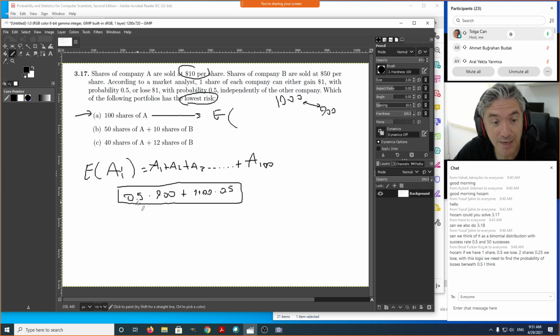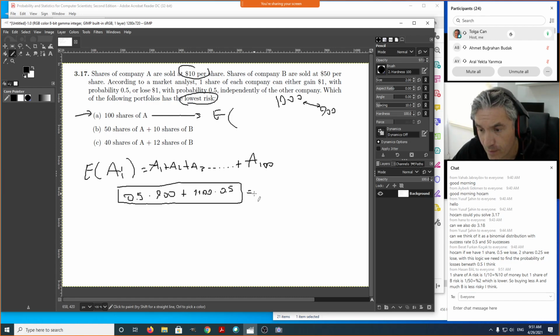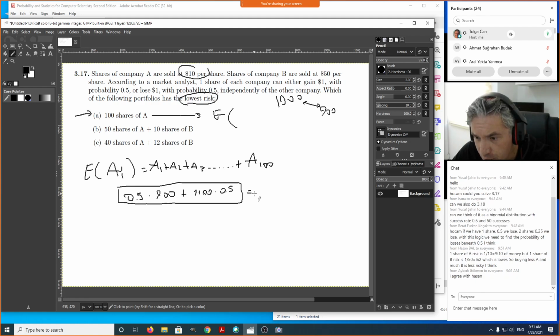If we lose, I mean, if the 100 shares of A lose $1 per share, so it's per share, right? One share can either gain or lose. Since we have 100 shares of this, if we lose $1 per share, it's a loss of $100 at the end. So here, the expected value of this at the end is going to be this value. One share of A, risk is